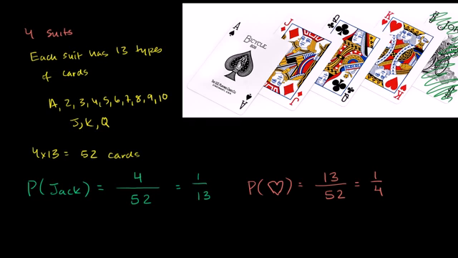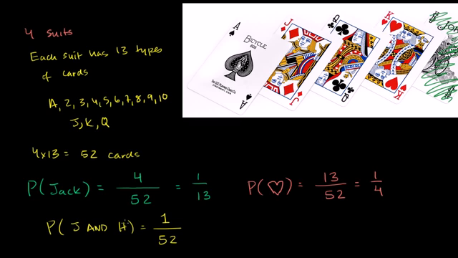Now let's do something that's a little bit more interesting, or maybe it's a little obvious. What's the probability that I pick something that is a jack, I'll just write J, and it is a hearts? Well, if you're reasonably familiar with cards, you'll know that there's actually only one card that is both a jack and a heart. It is literally the jack of hearts. So we're saying, what is the probability that we pick the exact card, the jack of hearts? Well, there's only one card that meets this criteria, and there's 52 possible cards. So there's a 1 in 52 chance that I pick the jack of hearts, something that is both a jack